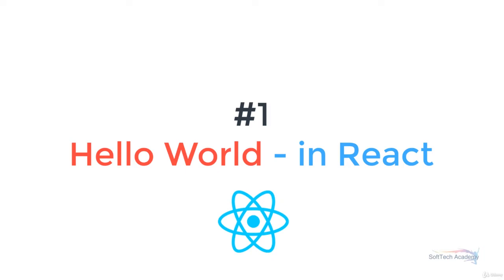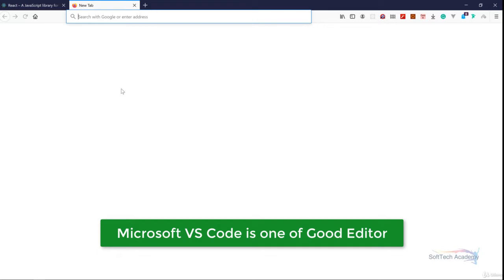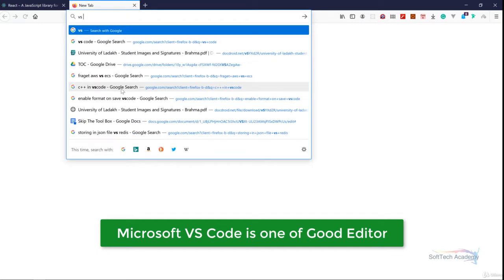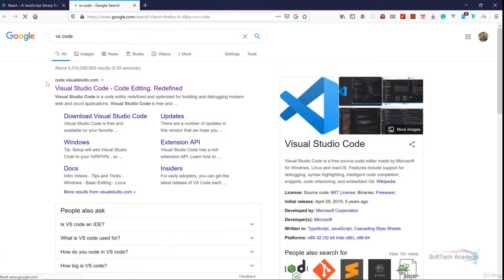Now to write our first hello world in React, we need to have certain text editors set up. So I am using VS Code. So let's see how to set up VS Code. Just type VS Code in Google and you will get the Visual Studio Code website over here. Just click on that